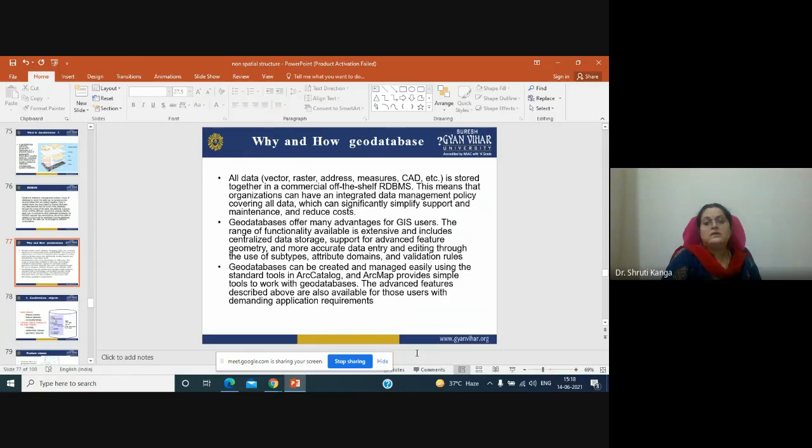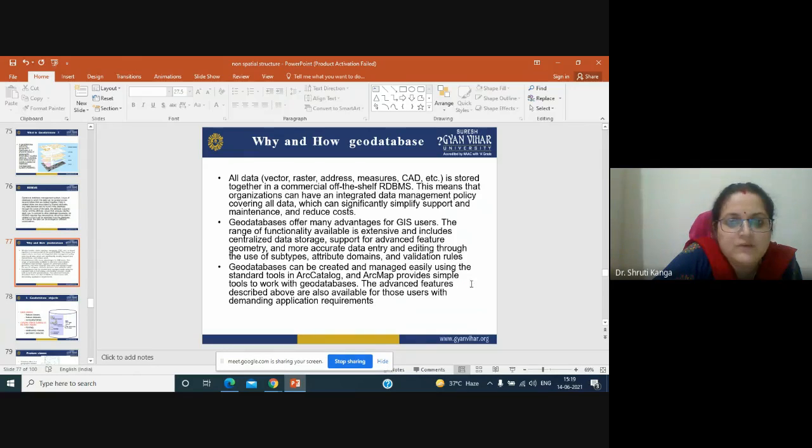This means these organizations can have an integrated database management system policy covering all the data, which can significantly simplify, support, and maintain things and reduce costs. So a geodatabase is a place where we can store all the data sets, whatever form the data is in, under a single umbrella.